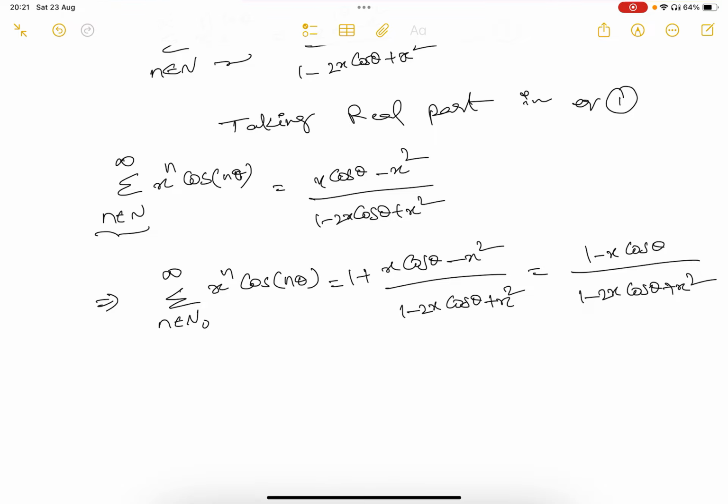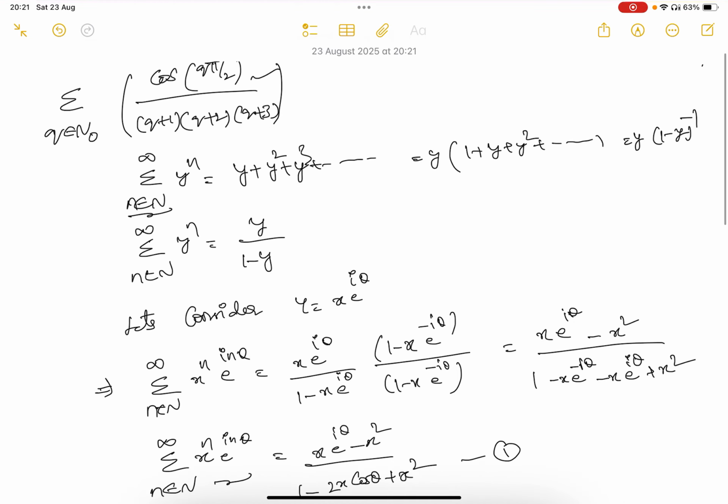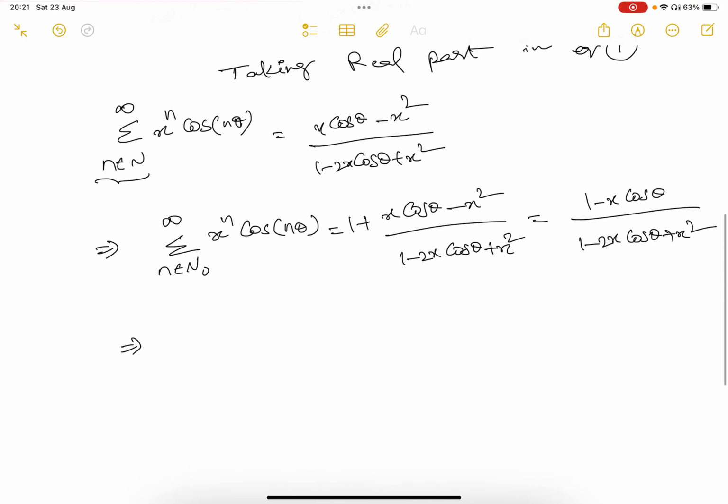Right, now in our case, as you can see here, in the numerator we have cos n pi by 2. So our theta value is n pi by 2. So let's do it: summation n from n naught to infinity of x power n cos of n pi by 2,